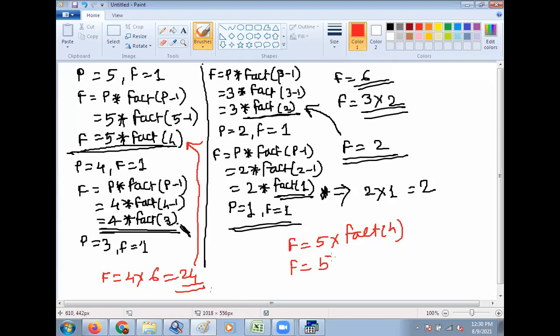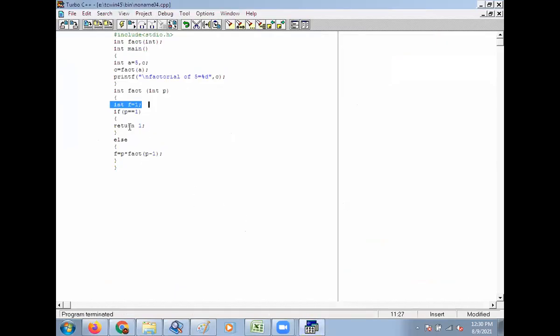So f is equal to 5 into 24. You will get 120. And this 120 value is passed to this function, that is c is equal to 120, and you will get factorial of number c, that is 5 factorial is equal to 120.